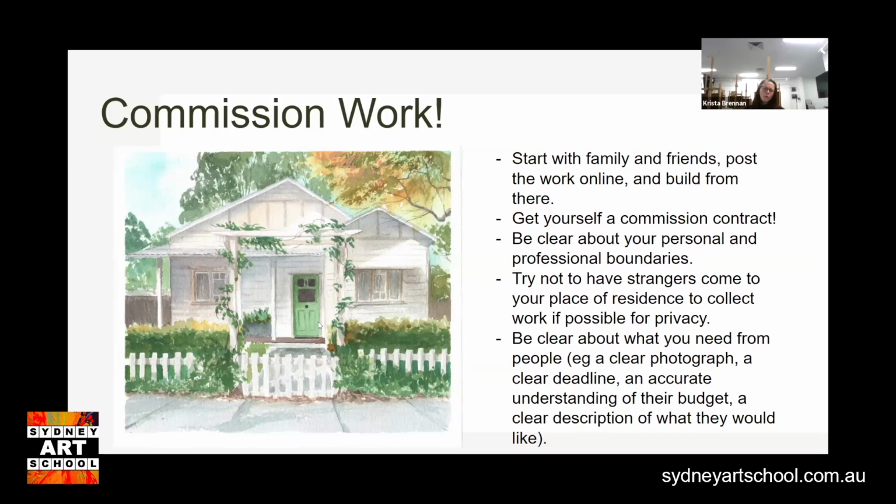But another way that people will give a price might be based on size, the physical size of it. They might have more of a flat rate for a physical size, or a flat rate based on physical size and subject matter. So it depends on what your pace is, and also how much you and the person who's commissioning you feel is reasonable. So I don't think that there's a quick answer to that, unfortunately.